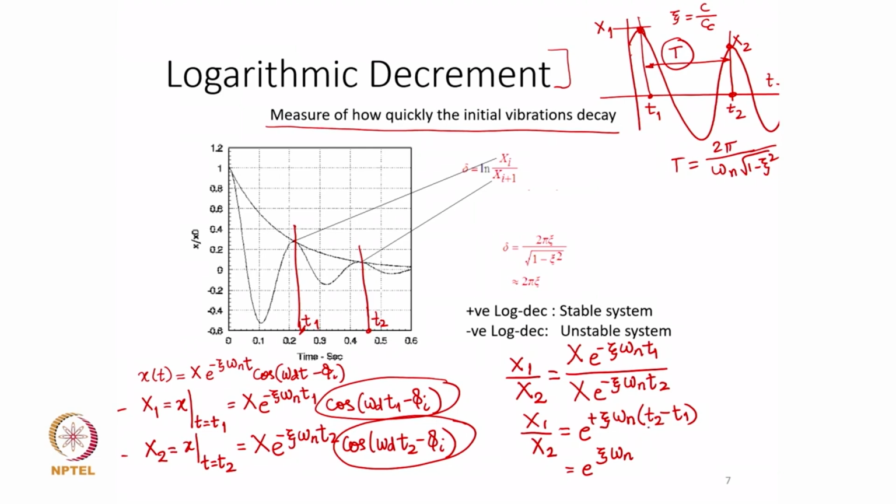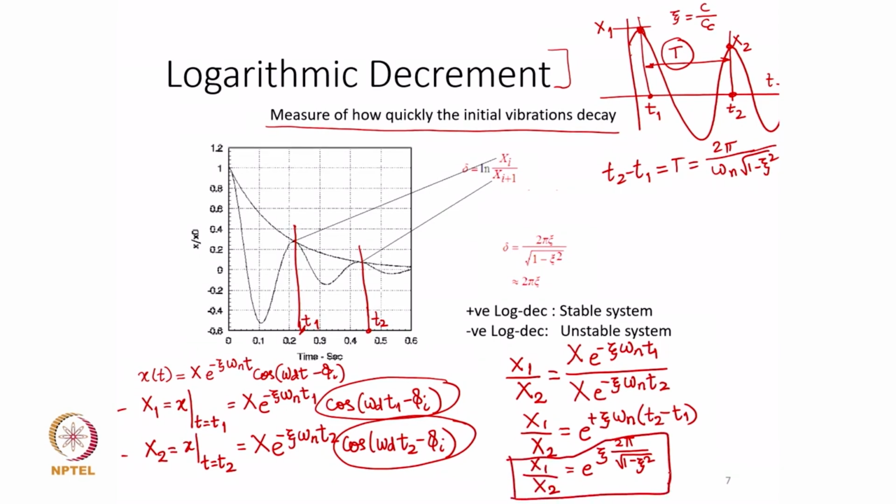So, when I substitute T2 minus T1 by this expression, omega n will obviously cancel out, and what I will be left with is 2 pi zeta over square root of 1 minus zeta square. Now, that is x1 over x2,